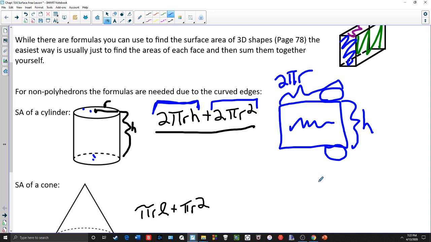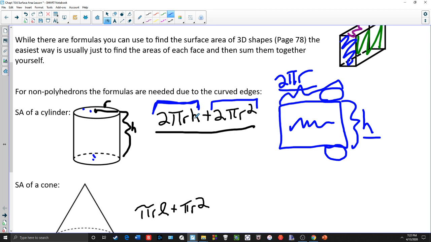That's the formula for the circumference of a circle. So if you do base 2 pi r times height h, you get 2 pi rh. If you want to know where these numbers are coming from, they're not just random. They're coming from the fact that if I cut a cylinder up, these are the two shapes I get. I get two circles, so 2 pi r squared, and I get a rectangle which has a height of h, which is the height of the cylinder, and a base of 2 pi r, which is the circumference